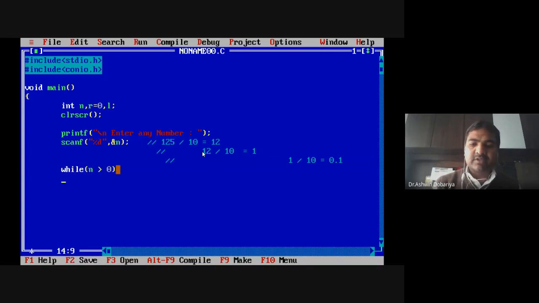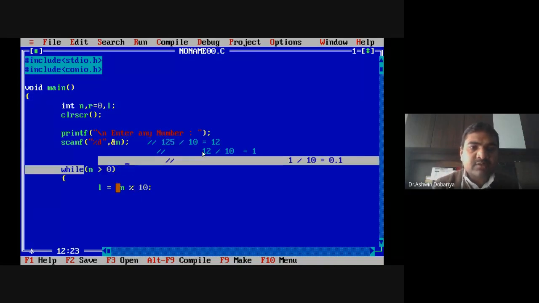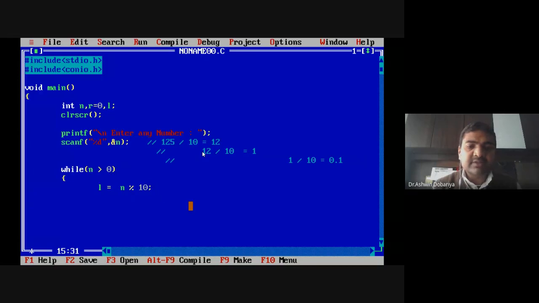Okay. Now, how can we separate the last digit? For that we use one variable, last, and whatever number is there, that number modulus 10, right? So first time the number is 125, 125 is greater than 0, 125 modulus 10 will separate the value 5.